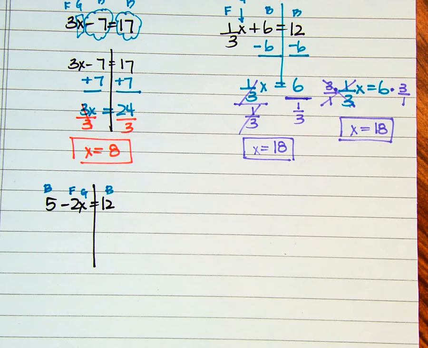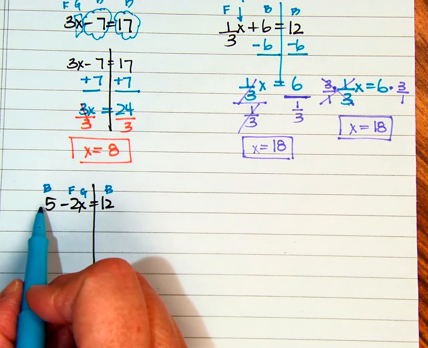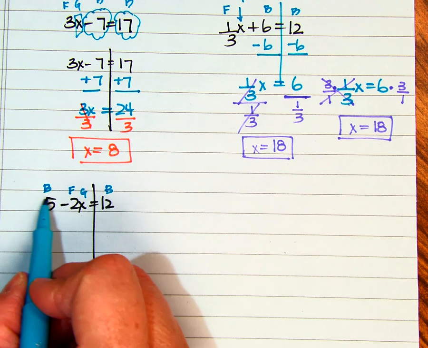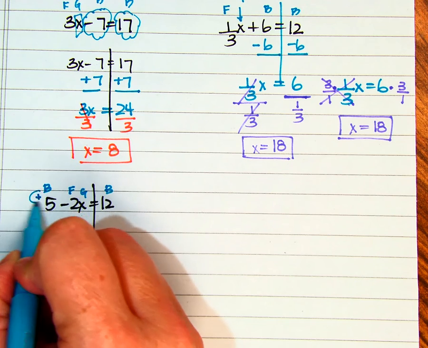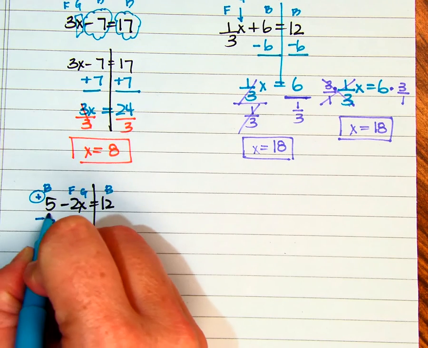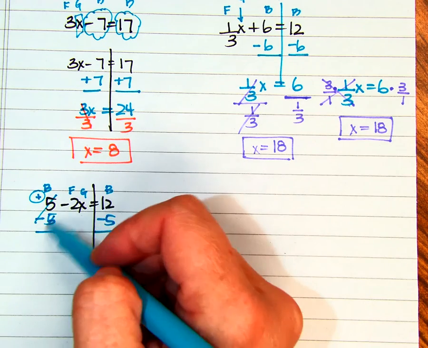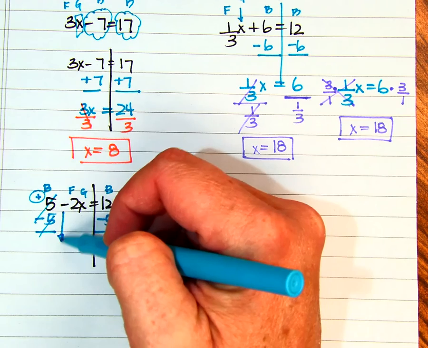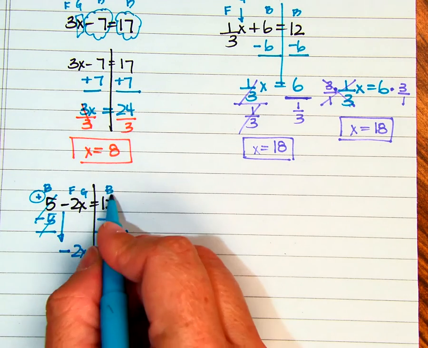So we are going to get rid of the 5 first. A lot of people end up messing this one up because they forget what sign they're actually looking at. This is an understood adding, so we're actually adding 5, or it's a positive 5. So we can subtract 5 on both sides. A common error is to not bring down the negative. So negative 2x equals